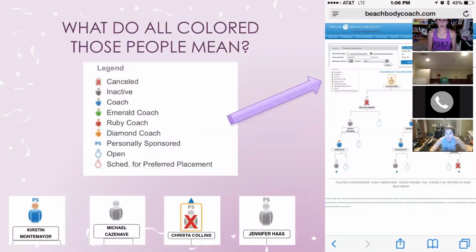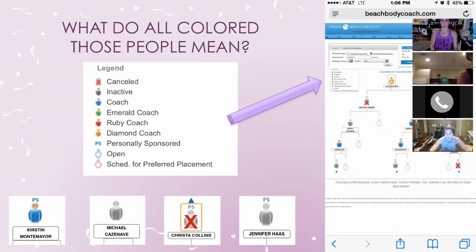So what do all the colored people in your organization mean? So obviously a red X means they're canceled. They're no longer a coach. They send in their cancellation form. They're done. Say bye-bye. So gray means inactive, and how you get inactive is you don't purchase any product or